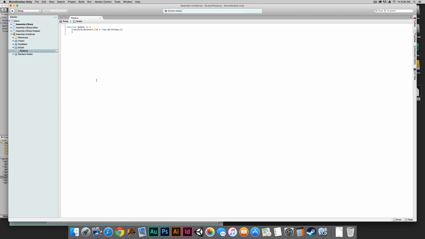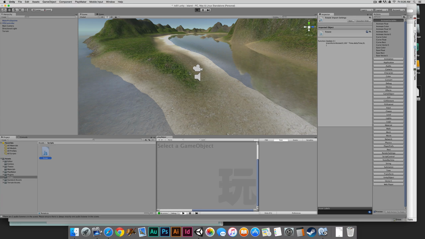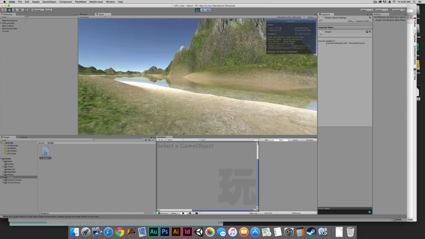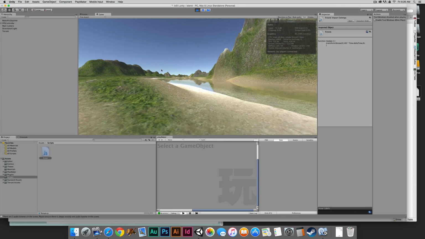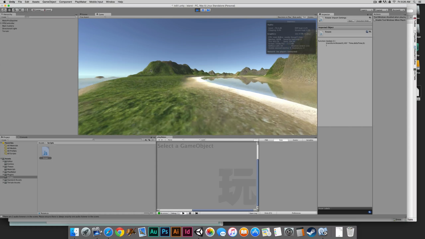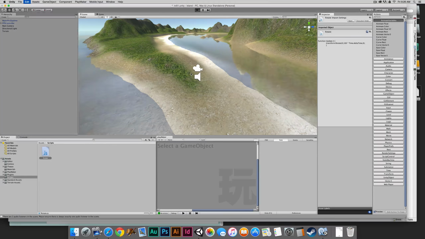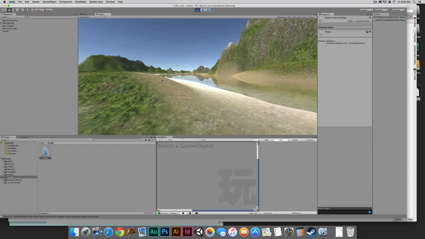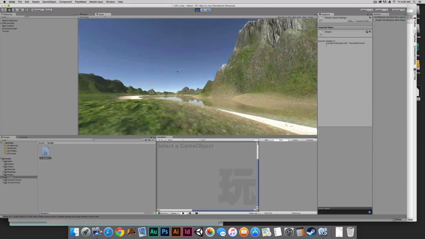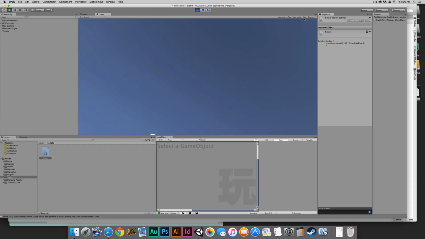The function update command, what that is referring to is that every time the screen updates in our game view, it runs whatever function is included in the update script. Okay, and by update, we simply mean when I hit the play button, my game is redrawing, it's refreshing the screen at a frame rate. And I have this little statistics button turned on, so if I'm in my game view and I'm playing my game and I'm running around inside my environment and I want to see how efficient this game is acting, I go up here in the top right hand corner in the game tab while the game is running,